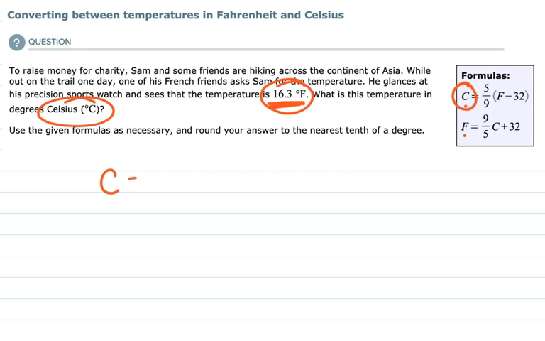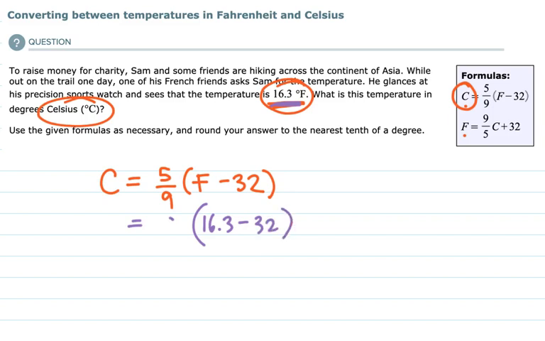So we'll say the degrees Celsius is 5/9 times F minus 32, and in this case, our F is 16.3, so 16.3 minus 32, and we've got the 5/9 here. When we type that in our calculator, we get negative